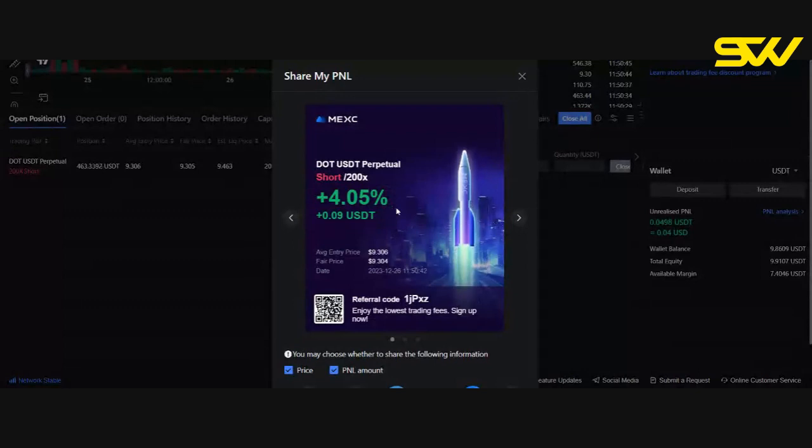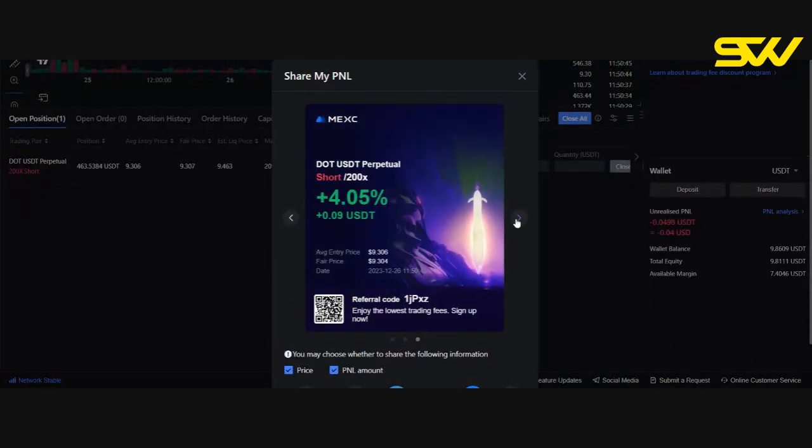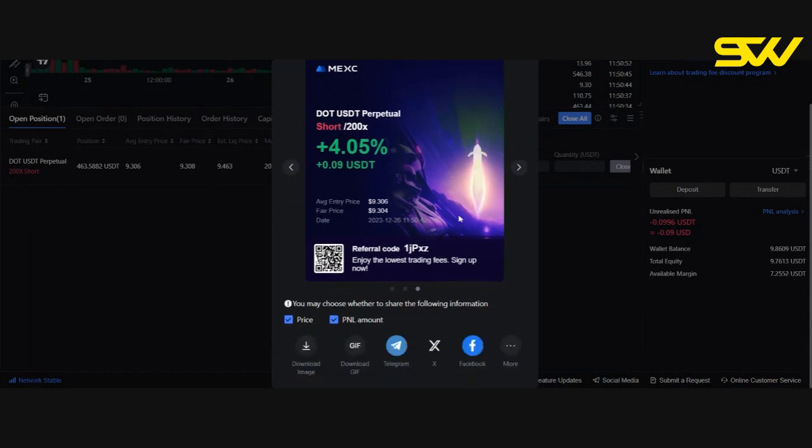where you can share it with your friends, and you can also have a few other interfaces, which are very, very beautiful. From here, of course, it's animated. If you save this as a picture, this thing won't actually be moving. Okay, so from here you can also choose whether to show your P&L amount, toggling it on and